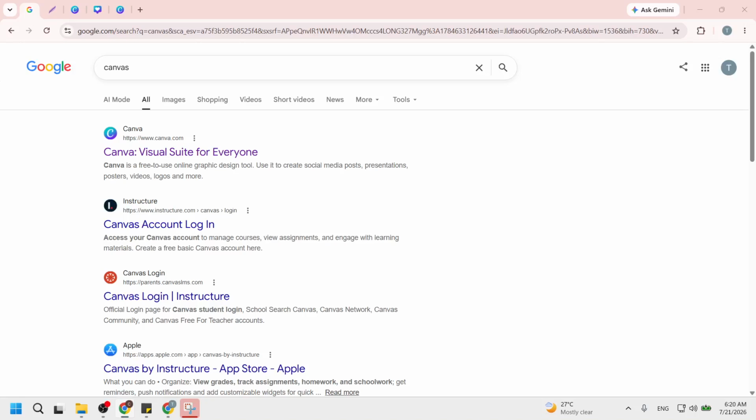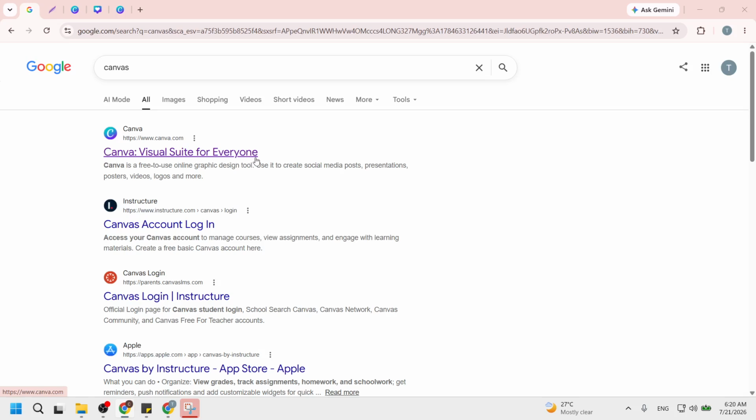In today's video, I'm going to teach you how to add TM in Canva. First, let's start by opening your browser and searching for Canva. You can use any internet browser you prefer, such as Chrome, Firefox, or Safari. Once you've opened the browser, type in the word Canva in the search bar and hit enter.